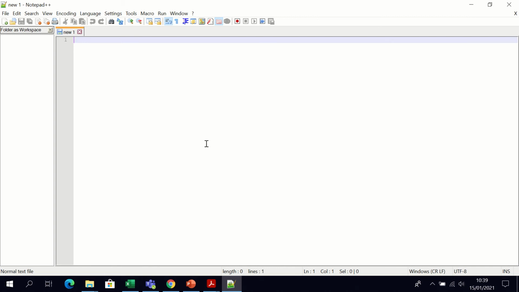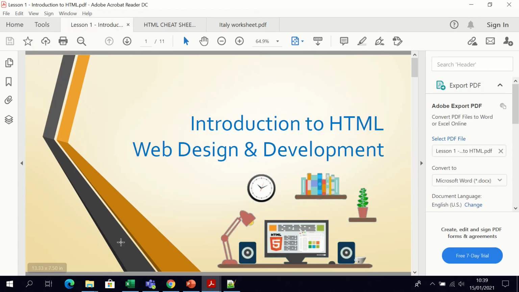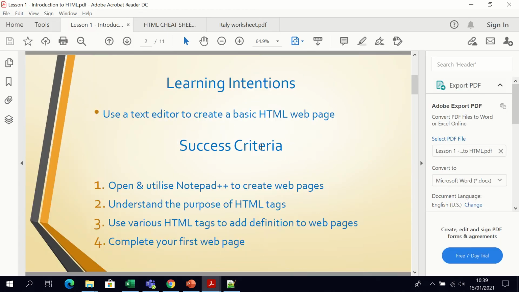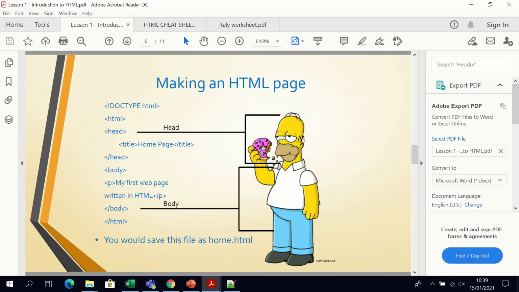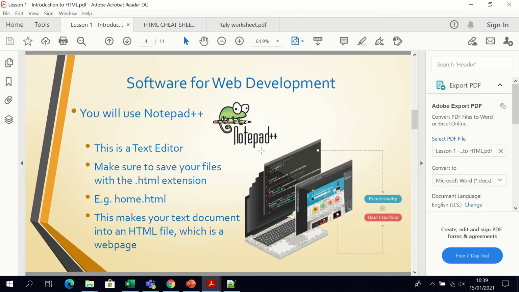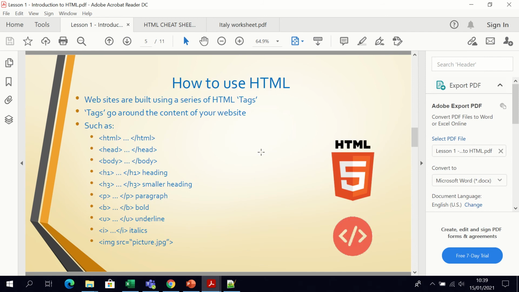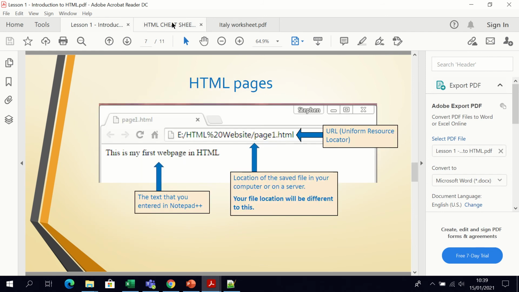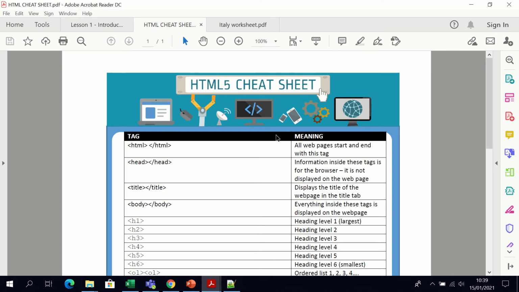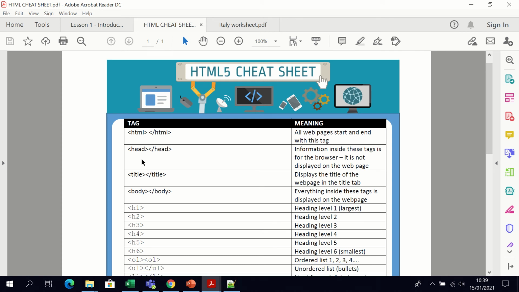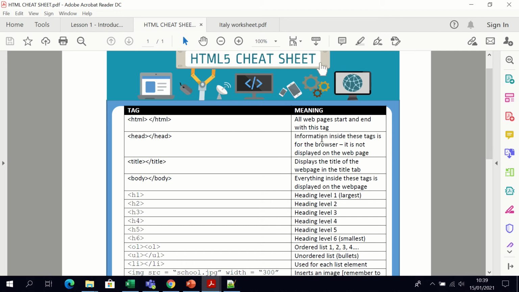In the package of lesson files that you've downloaded, there should be a few things. One, there should be this PowerPoint that you have to read through, to find a wee bit about HTML and different things relating to it, like the use of tags and so on. The second thing in there should be an HTML cheat sheet or a reference sheet. And it just tells you a wee bit about the HTML tags that we're going to use and their meanings